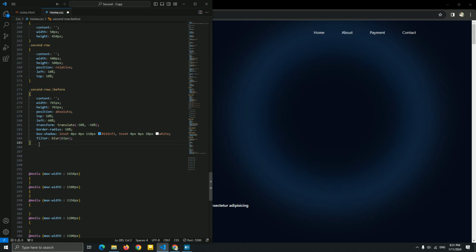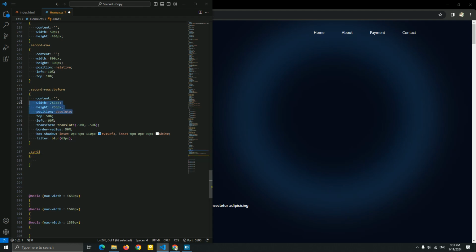Okay, guys, now let's go create a card. First, I'm gonna start with card 1, so I'm gonna create it here, card 1. Let me just copy this, paste it. Okay, so width, let me try this width, and the height, let me add 250 pixel, position absolute.